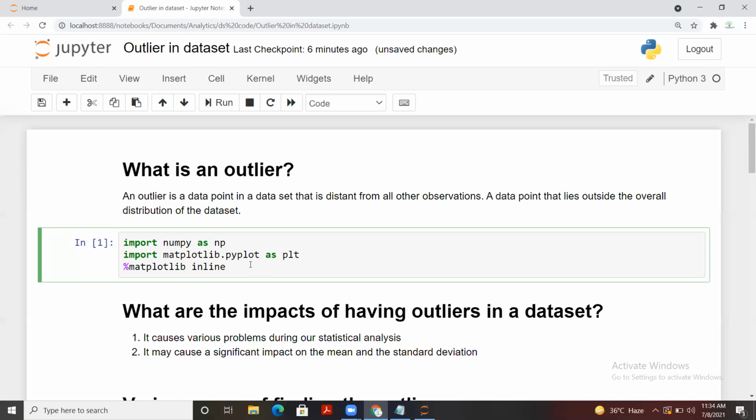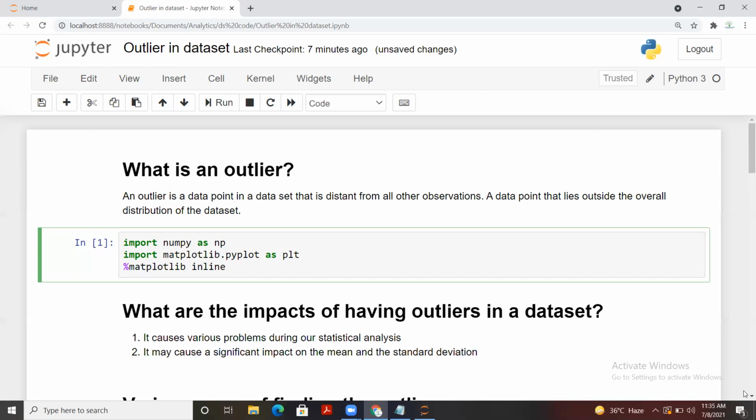Don't you think that adding the CEO's salary is going to impact all the other observations or values we have? So while doing analysis we have to find out whether we have outliers in our data set, and if we do, how to remove them. It is really important to detect and then remove them.